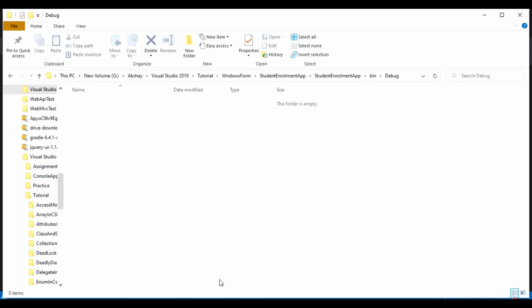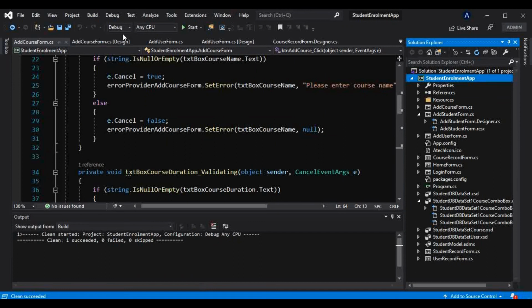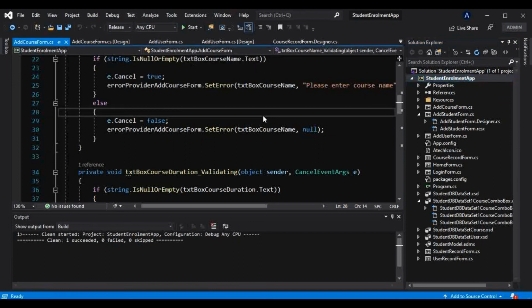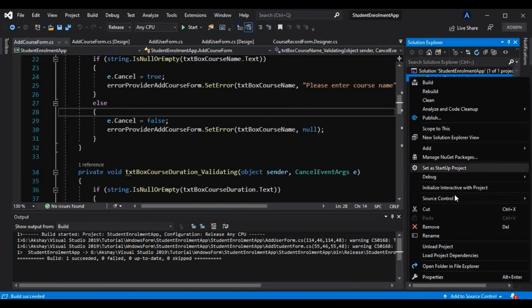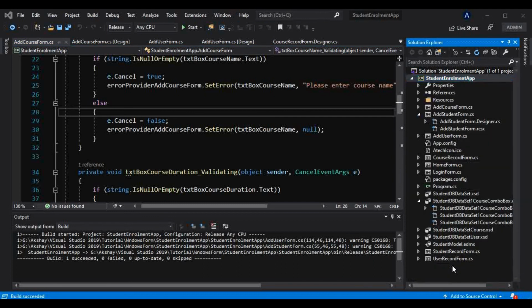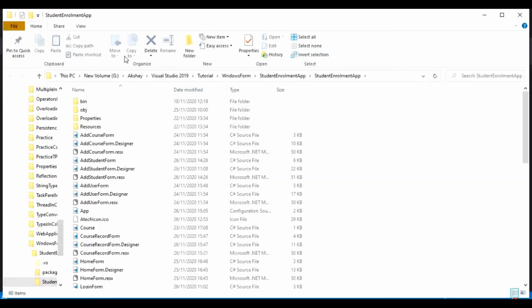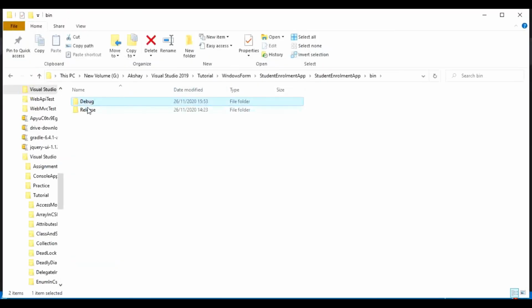So what we can do is change this to release mode, and let me build this again. Now if I right click and go to open folder in File Explorer, in bin and in release, instead of debug, those same files get generated.